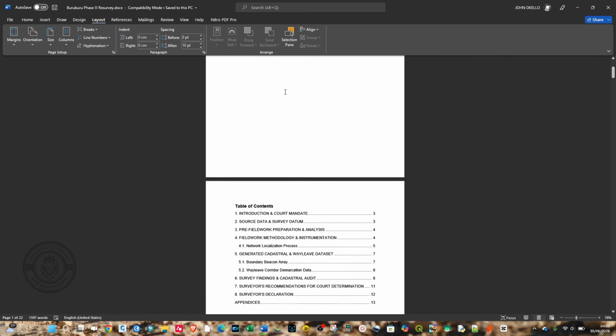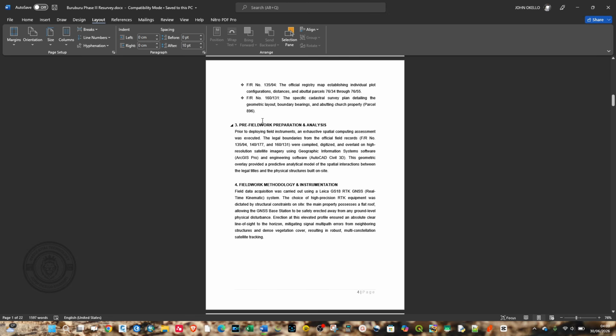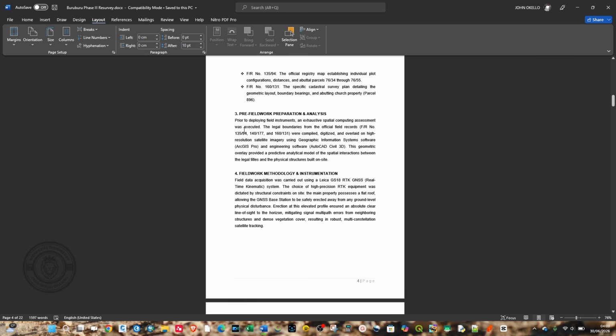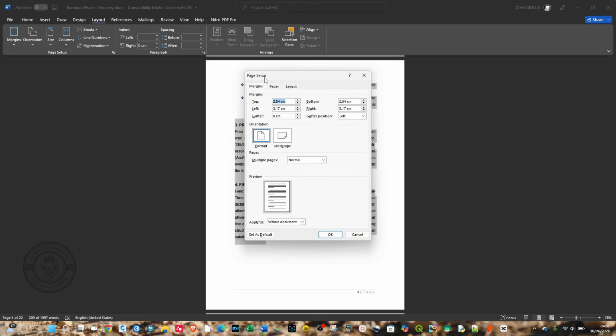For example, if you want to change a specific page's orientation, for example, this page 4, I only want this page 4 to be in landscape orientation. So all I need is to select the entire text in this particular page, and then I'll go to Page Layout, and then under the Page Setup, I'll click on this little icon here that will open up the Page Setup dialog. And then under the orientation, make sure that you select the Margins tab, then click on Landscape,